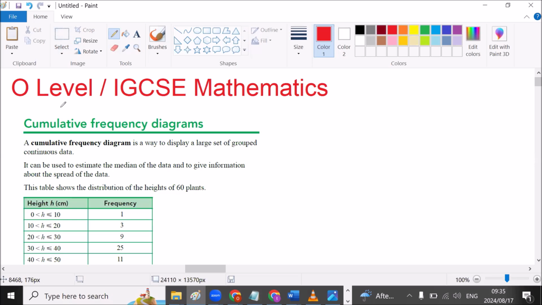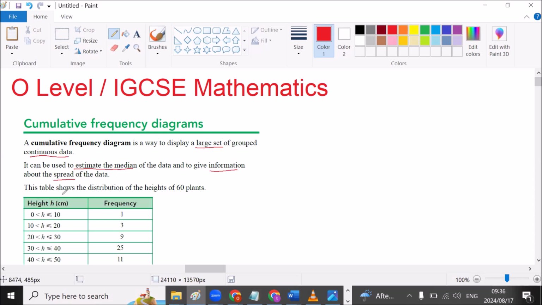We continue on O-Level and IGCSE Mathematics for CIMSEC and Cambridge on the topic Statistics. Today we are going to look at cumulative frequency diagrams. A cumulative frequency diagram is a way to display a large set of grouped continuous data. It can be used to estimate the median of the data and to give information about the spread of the